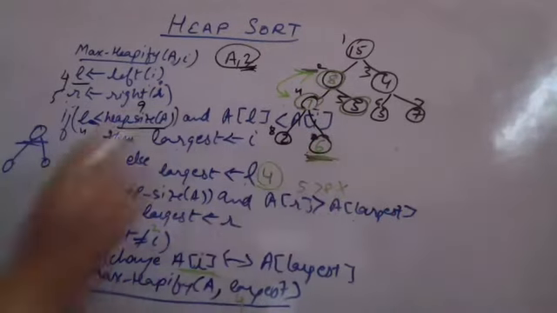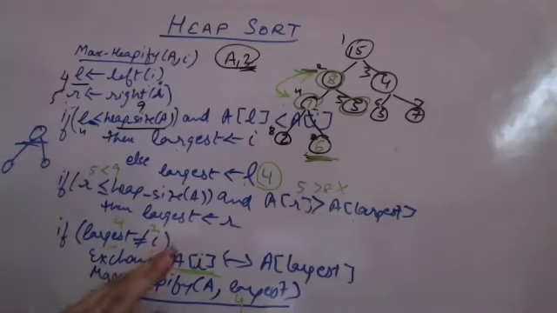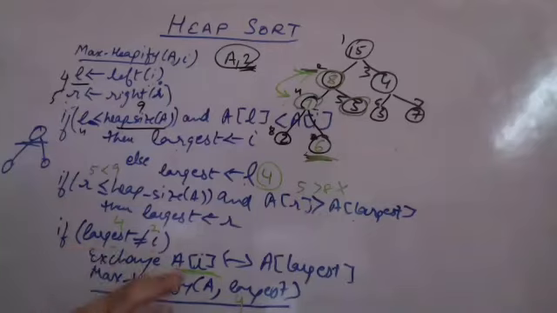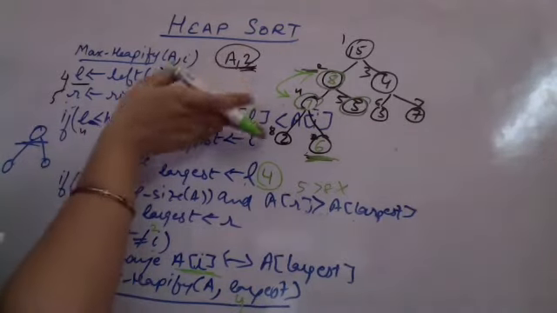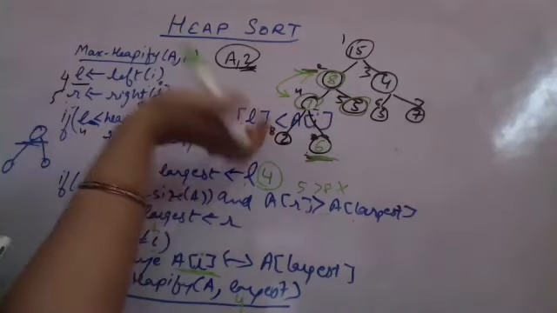Now the children of 9 will go outside the heap size, so the recursive call will stop. Since there are no children of 9, you will not go into the if condition, so largest will be equal to I, this condition will not be true, so you will stop the recursive call, and the heapify will happen in this manner. Now the left side is heapified, if you see.